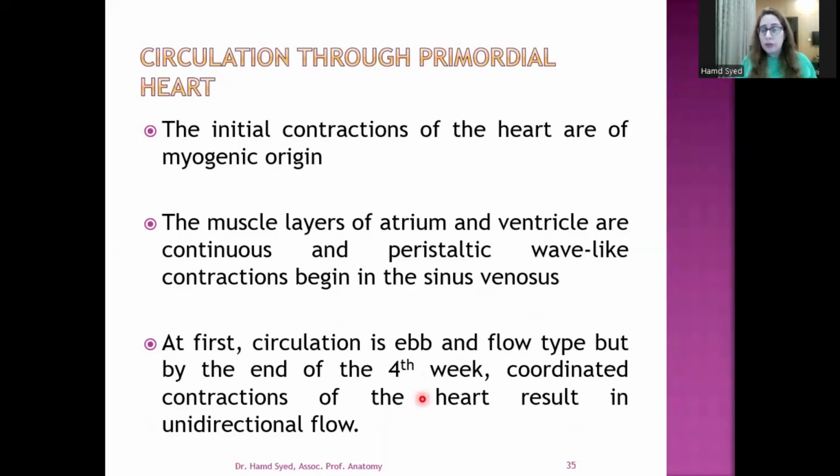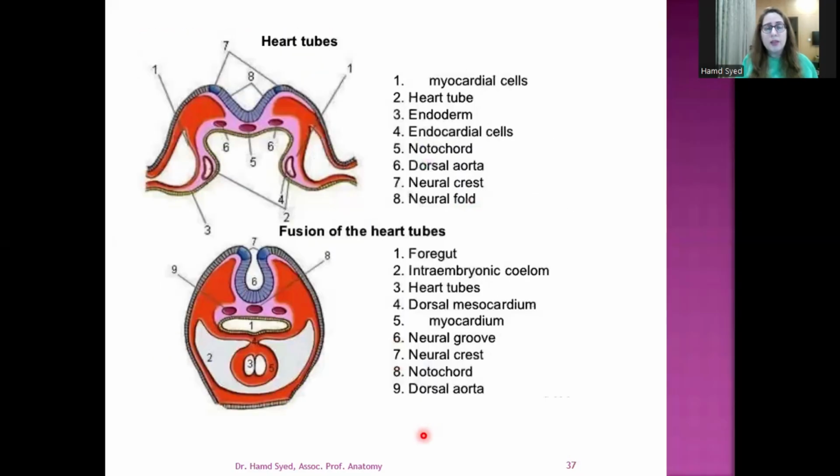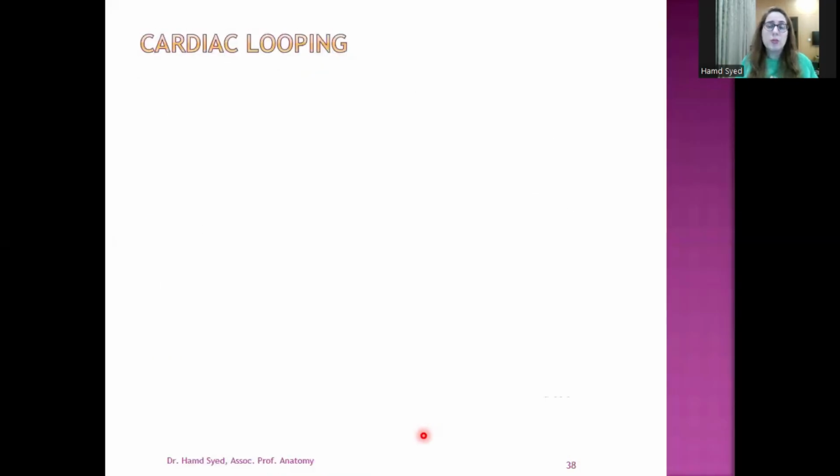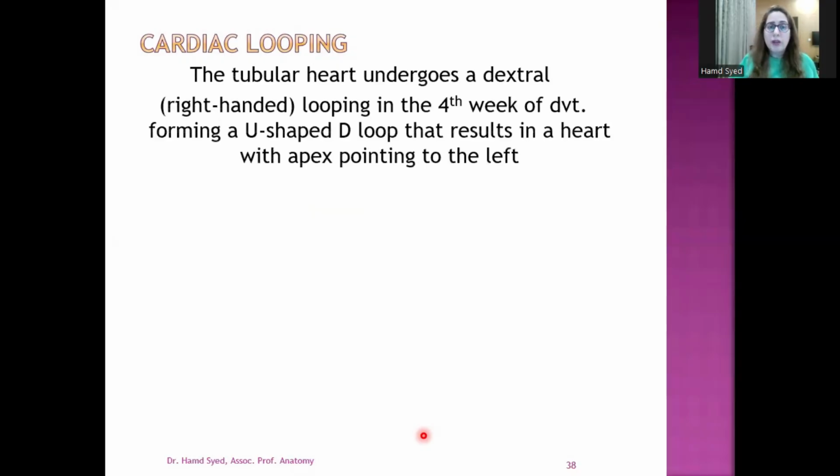But then by the end of the fourth week, coordinated contractions of the heart result in a unidirectional flow. Skipping these exercises, now let's come to the important topic of cardiac looping. Now, I told you before that the heart is going to bend upon itself. This bending takes place in a right-sided direction, so it's known as the dextral bending, and it occurs in the